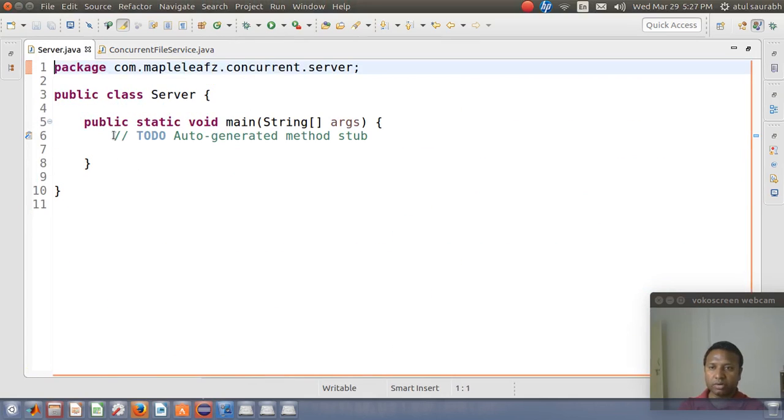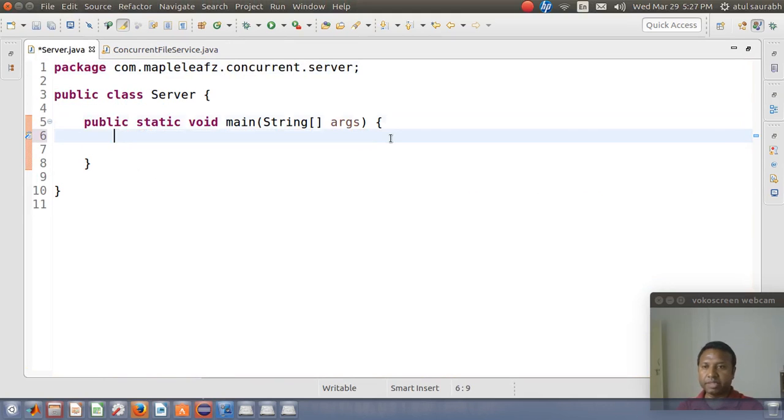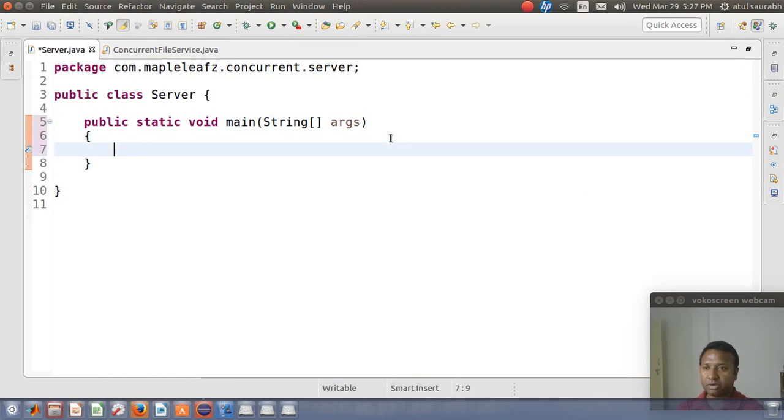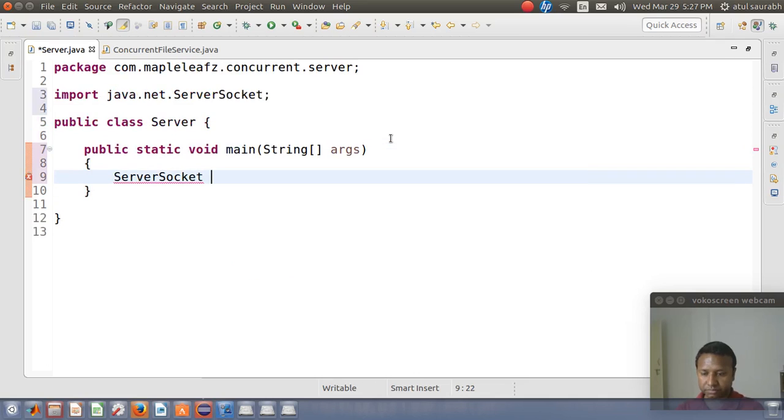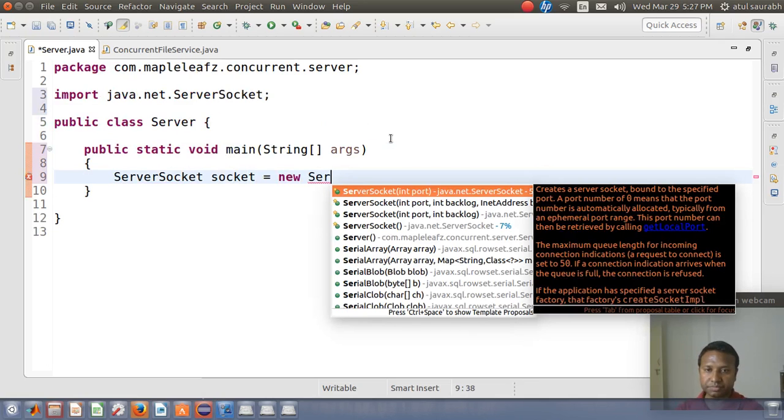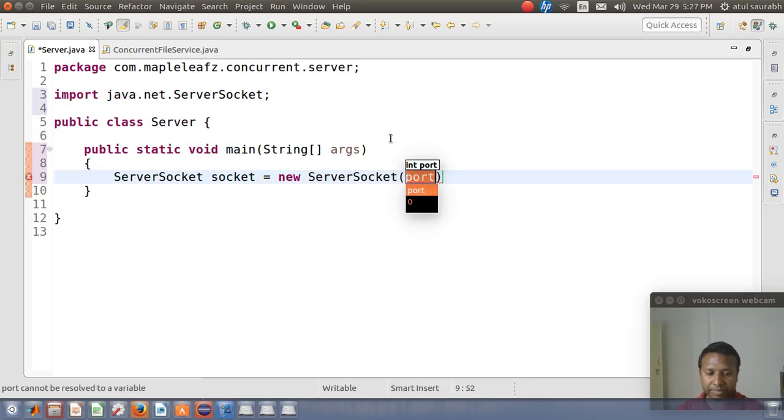Now what we need to do in the main method, obviously, is bind the port to listen for the client. So we require a ServerSocket equal to new ServerSocket, and I want to specify the port number 7777 this time.